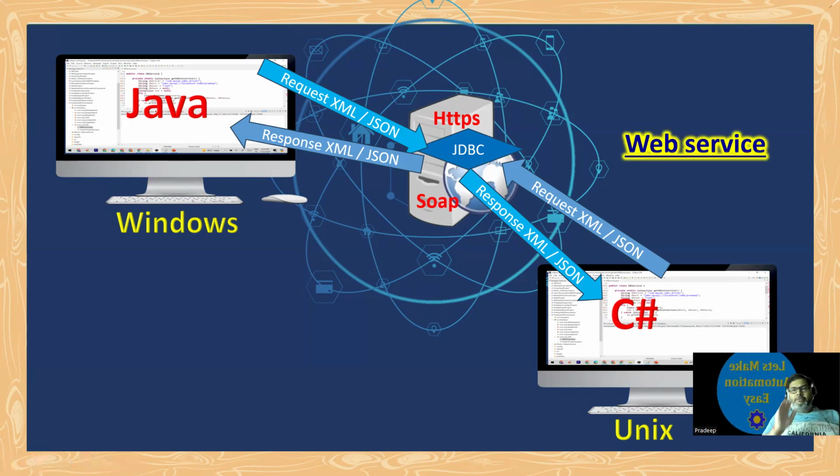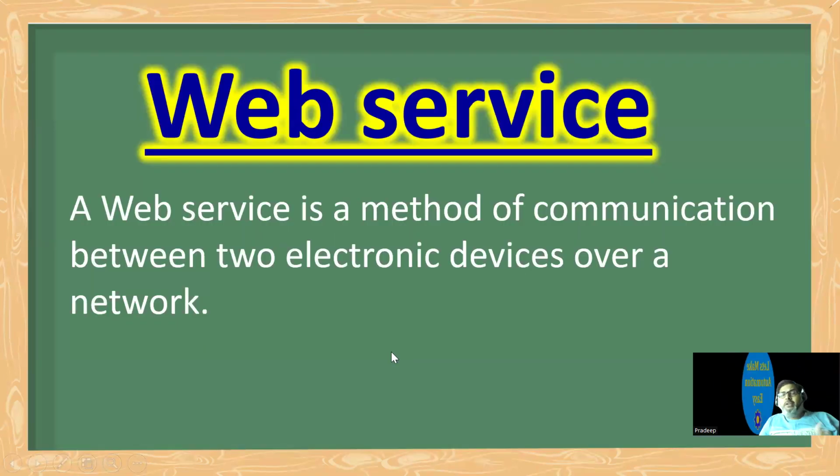Actually, the API is one component, but the whole structure, all these web technologies and protocols, decides how the API is exposed and how it can be used by other people, and this whole thing is called a web service. It means this JDBC, which was previously only an API, is now, as the same JDBC, called a web service. So in simple words,